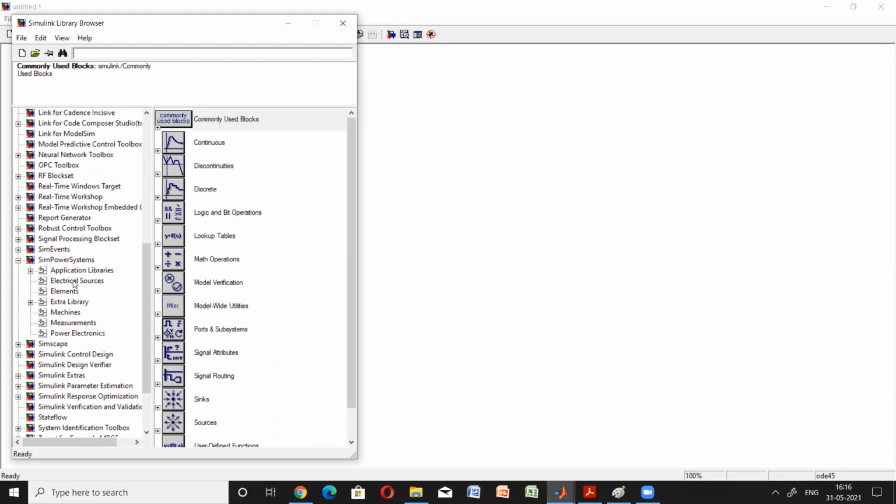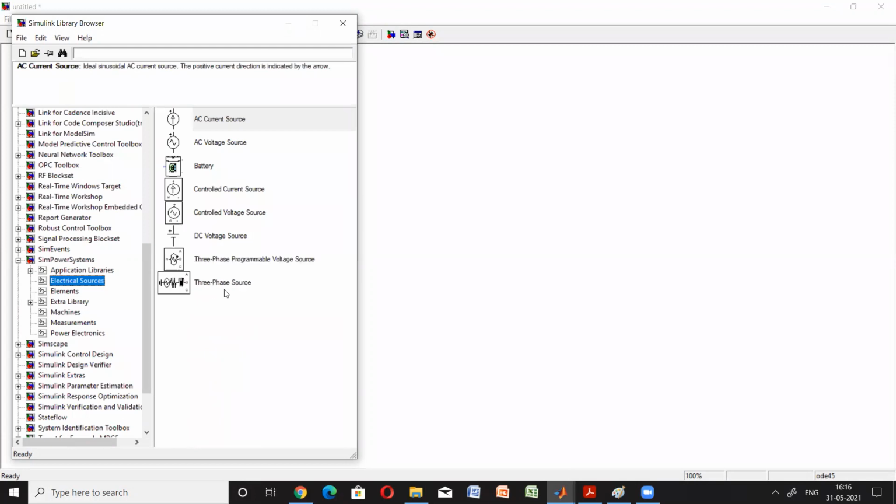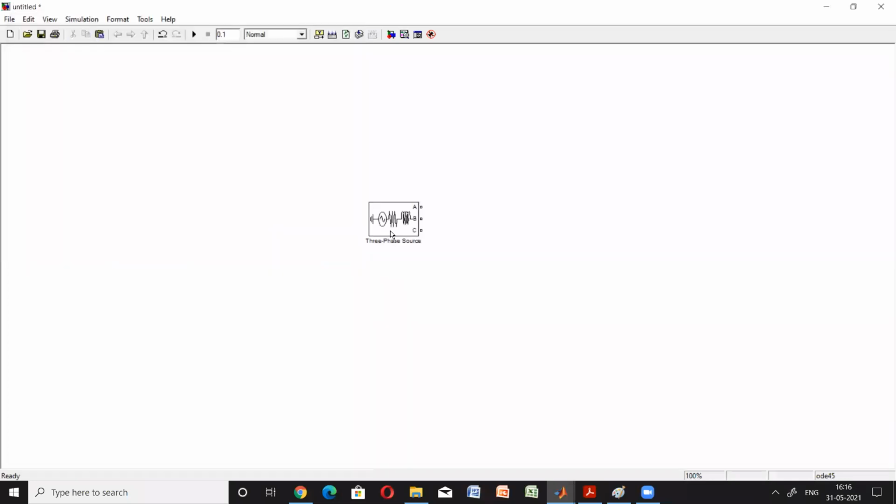And from SimPowerSystems, if we click on the electrical source, then we get a three-phase source, isn't it? So this is a very common supply which is used for making any three-phase circuit. It can be utilized as a three-phase source, for a generator, for an alternator, because this is basically a three-phase source. And whenever we want to simulate any power system network, we have to represent the sending end voltage from which we are basically transmitting the power. So for the sending end voltage, we need a three-phase source, or a power plant. So this is the common thing used for representing any three-phase voltage source.